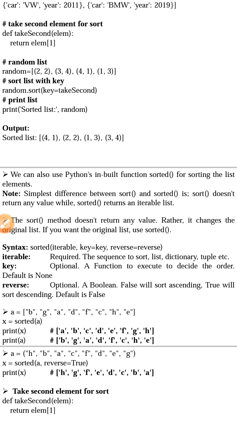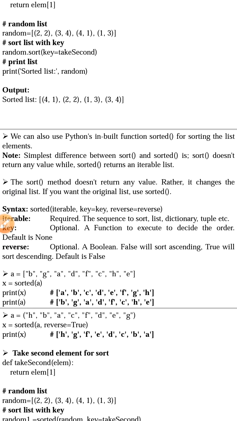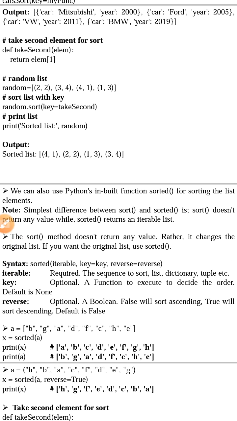If we see each element's second value, we will come to know that 1 is the lowest, afterwards 2, afterwards 3, afterwards 4. And 1 is present in the third element. Hence, in the output, we can see that (4, 1) is displayed first, afterwards (2, 2), then (1, 3), finally (3, 4), because our function take_second sorts all the elements based on their second values.